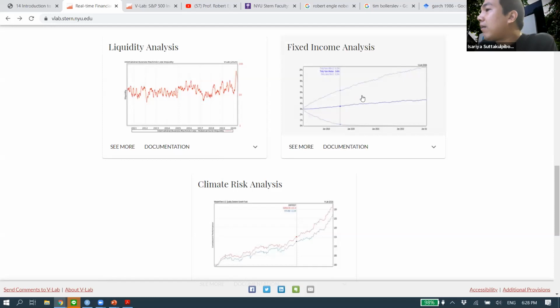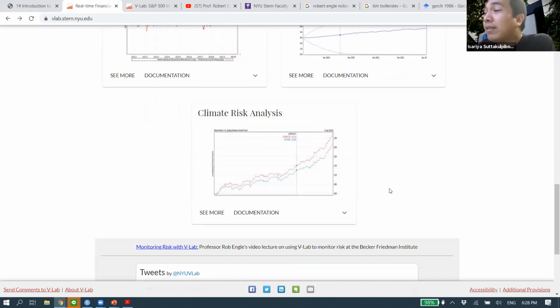And also the fixed income. I'm not sure what this is. I haven't been looking at this for a long time, but okay, they analyze fixed income too. They analyze the climate risk. Guys, this is hell, right? So okay, well, they try to keep track of everything more than you know what